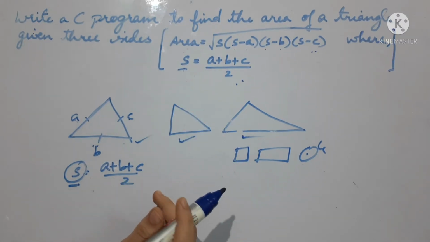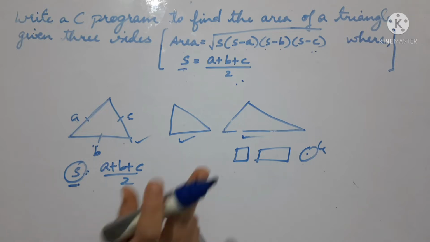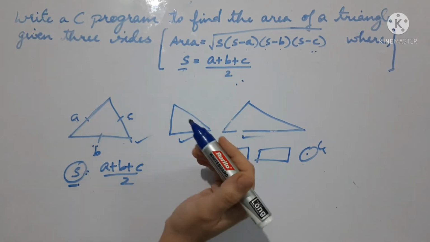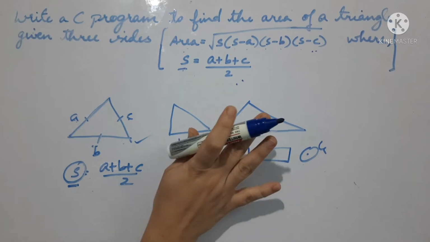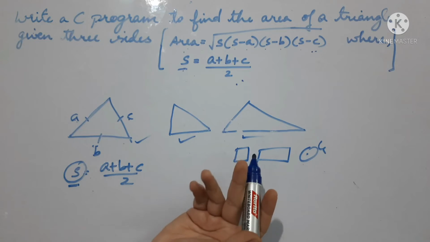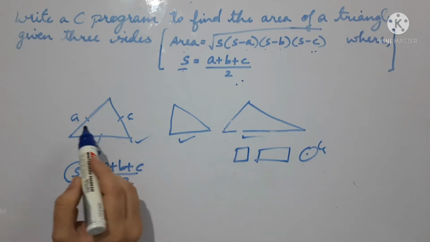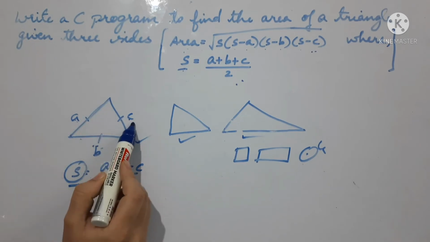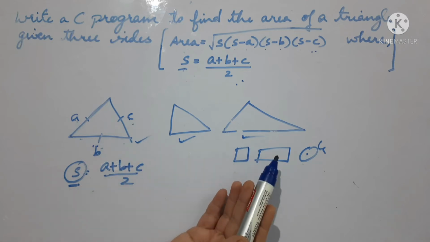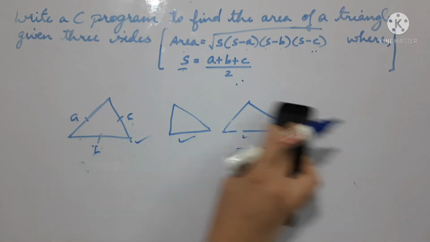Now let's see how we can write a program for this problem in C programming language. First, you need to understand what is my problem and then what kind of solution we can approach. First thing we know, we have to find the area of triangle. What are the input values we have to get? We have to get input values from the user about the sides. What are the values of side? Once I know the values of side, it is very easy to find out the area of triangle. Simply apply this formula. Let us proceed to writing our program.